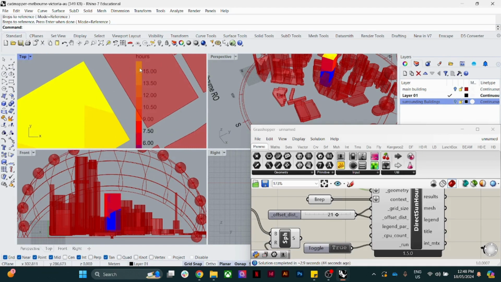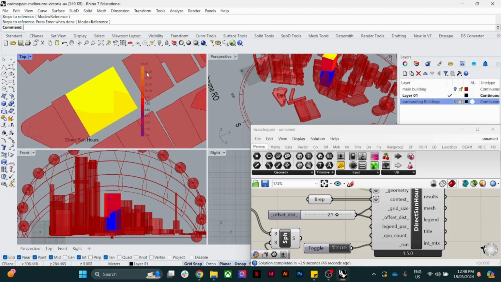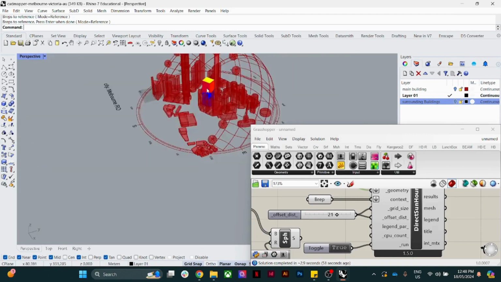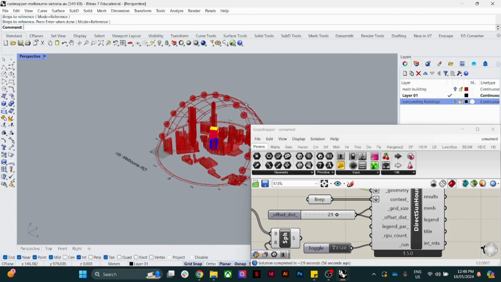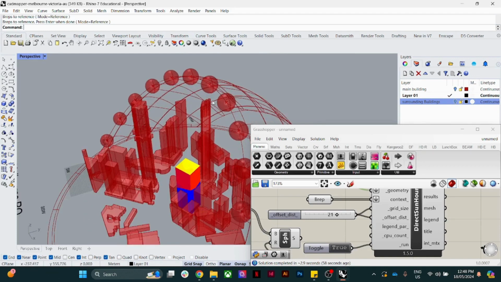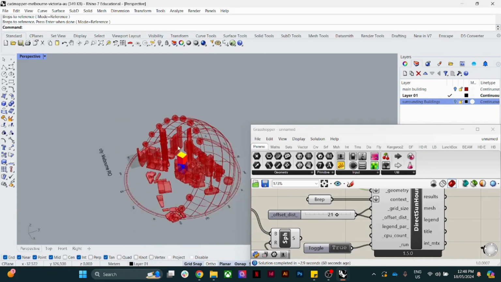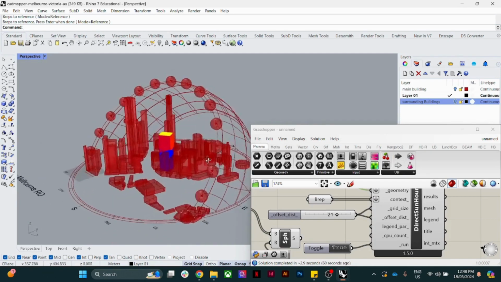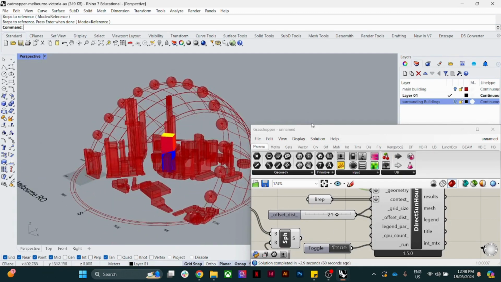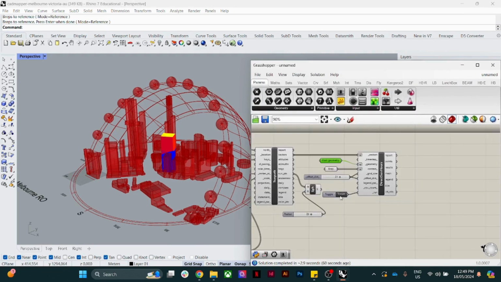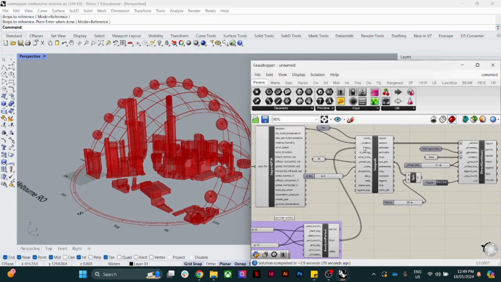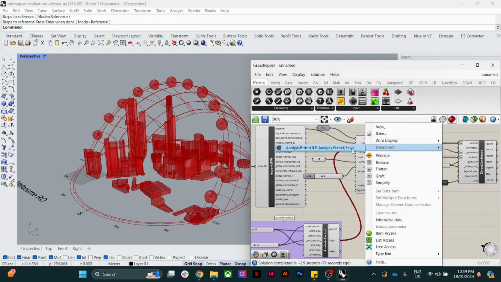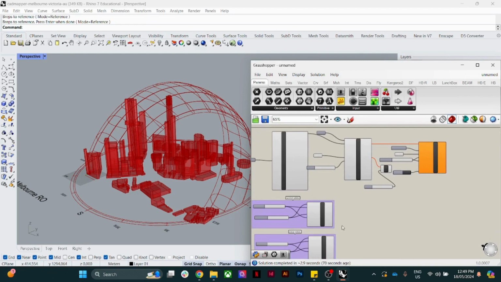So you can see here, this number has changed. It's showing 15 hours of direct sunlight at the very top of the building. This makes sense because our summer sun path is right at the top of the building. So this data set seems correct and very accurate. Now let's make this false again, and instead of the summer one, let's put our winter analysis